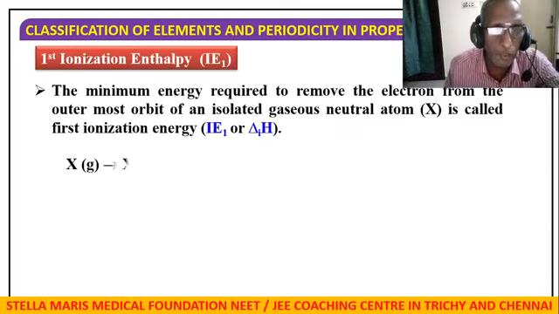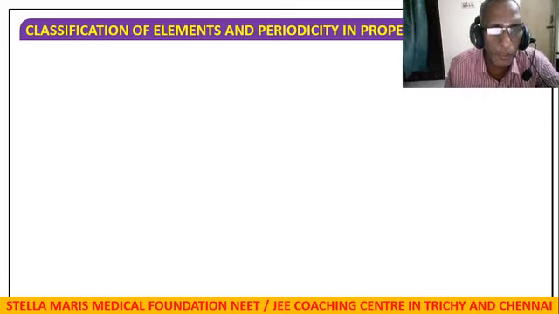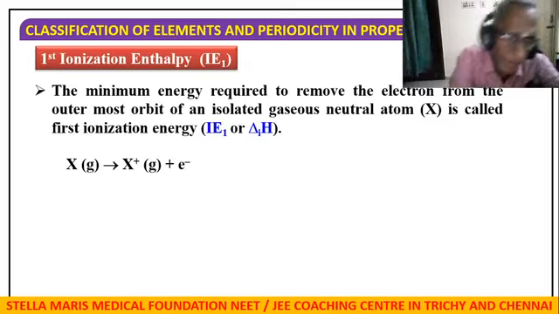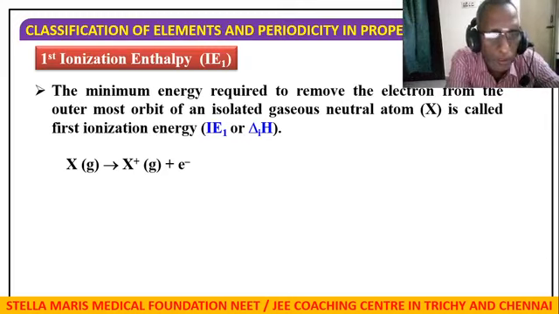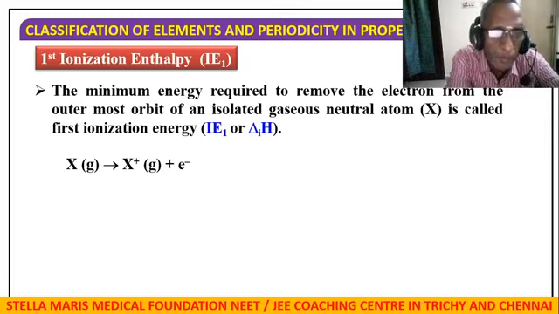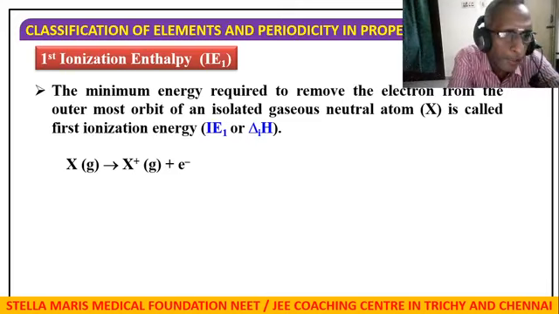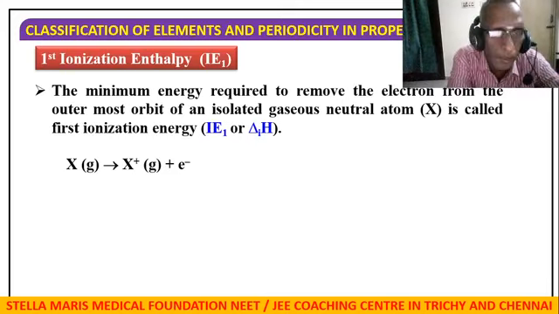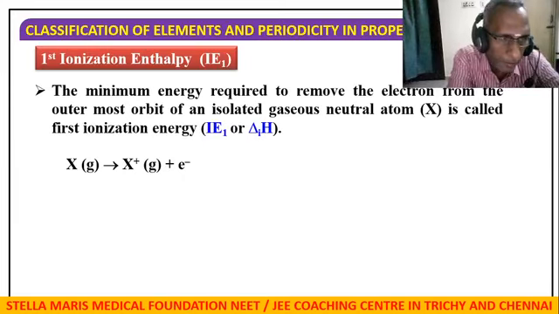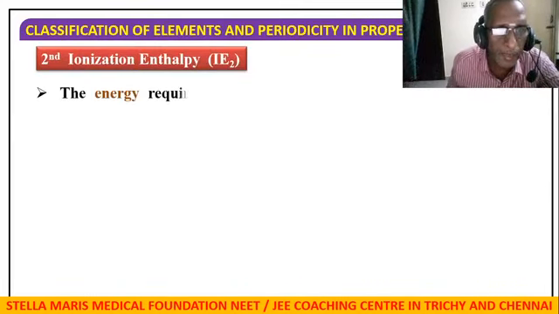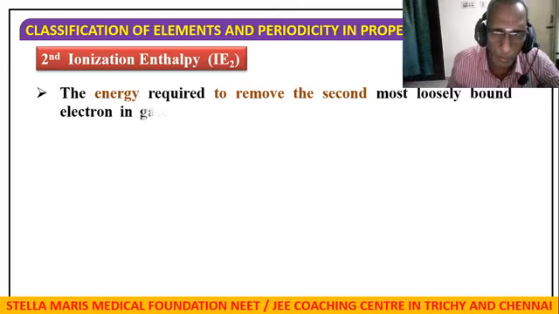So first ionization potential: a gaseous atom loses 1 electron, it becomes a cation. The minimum energy required to remove the electron from the outermost orbit of the isolated gaseous metal atom is called first ionization energy or enthalpy. Similarly, second ionization energy is required to remove the second